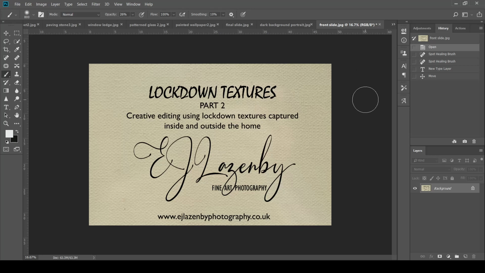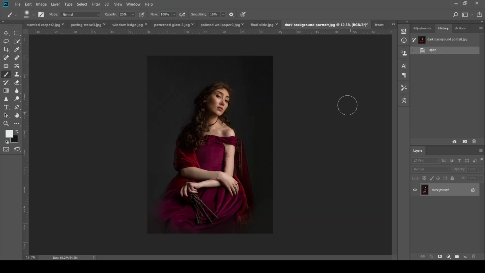I'm on lockdown and I'm playing with textures. So in part 1 we went through a number of textures that I photographed in and outside my home. And now we're going to look at how these textures affect a portrait. I'm going to use a dark background portrait. Here it is. And we're going to just look at improving that plain background and bringing in a little bit